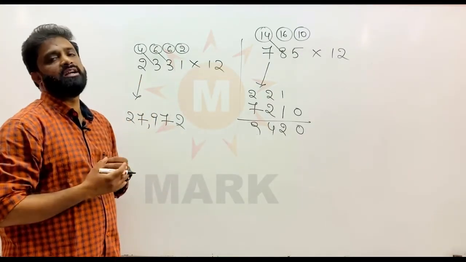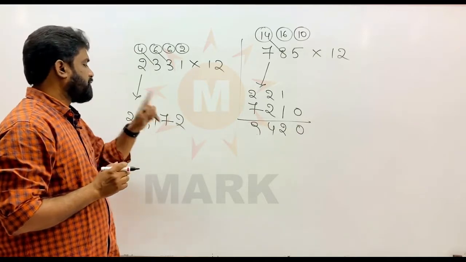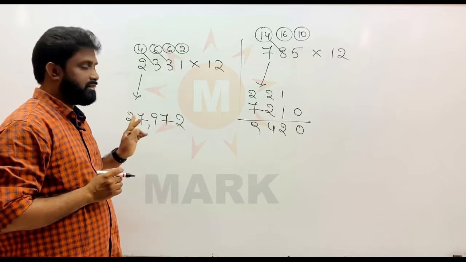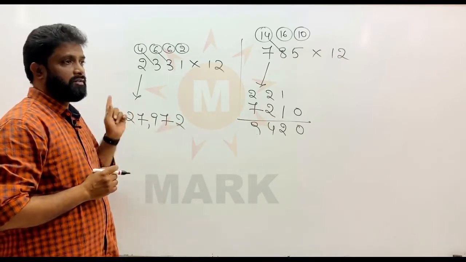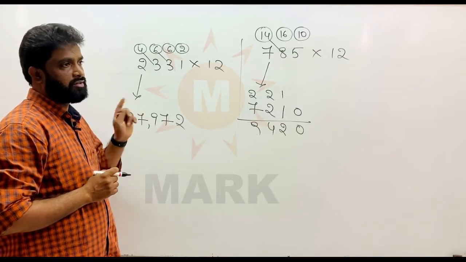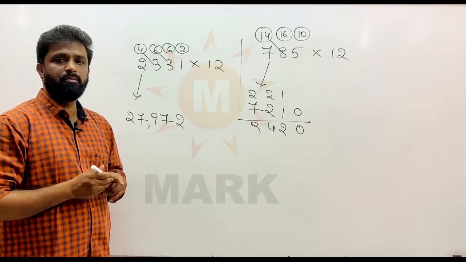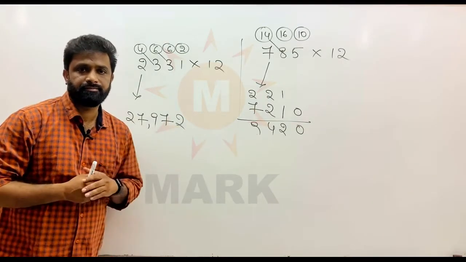forward how to multiply any natural number with 12. Technique is from left to right. So write the first number as it is, and after that double the number from left to right, double the number and add it to the next number. So till last, that is the process how to multiply any natural number with 12 in a tricky way.